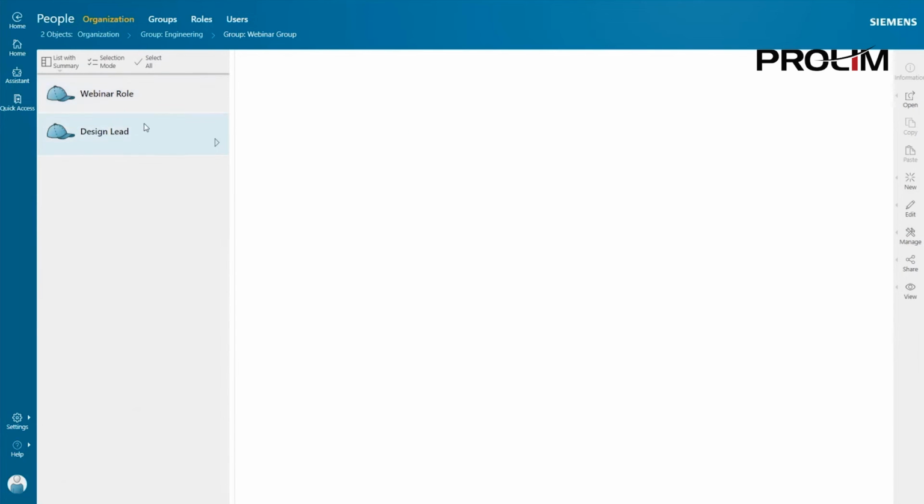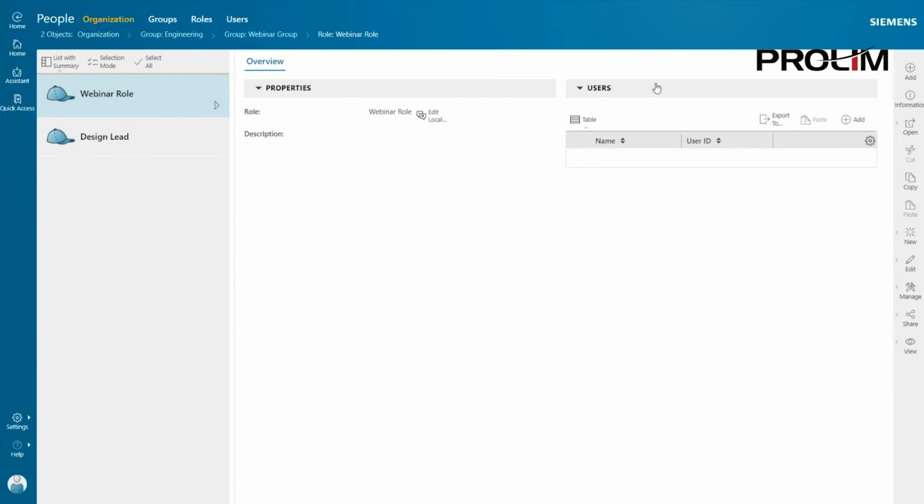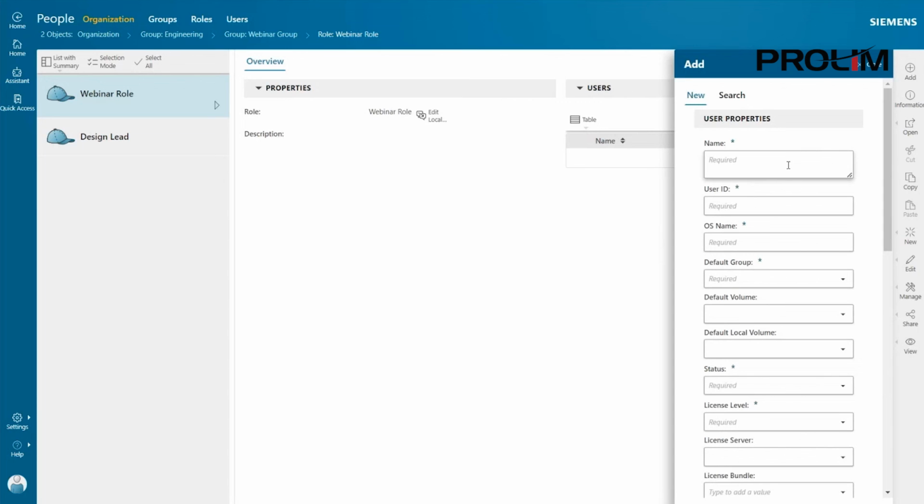And when I select one of them, you'll see this table of users underneath. Right now, this is empty. No users have been assigned to this particular group and role combination. But if I wanted to create a user, I could do that from here by clicking Add and filling in the required information. So let's give a username, a user ID, which I'll just make the same,